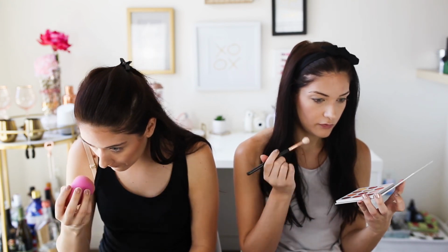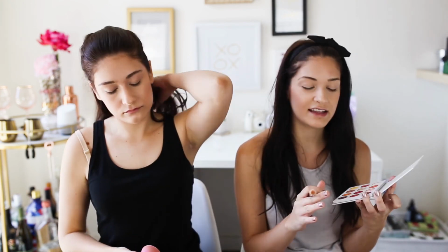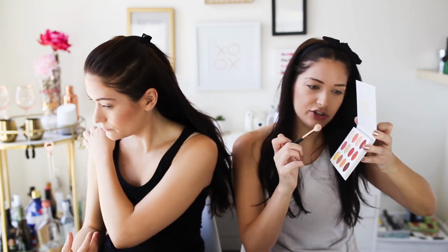Yeah. So I'm gonna go in for the transition shade. I haven't done a look like this before. I've been using the same shade, so I'm trying to like break away from that. With this shade, what is this called? Champs, this one right here. And I'm using the Morphe R38 brush. See, kind of a lot of kickback, but...